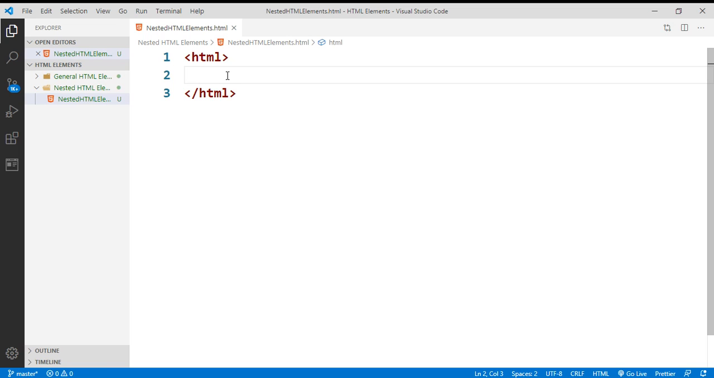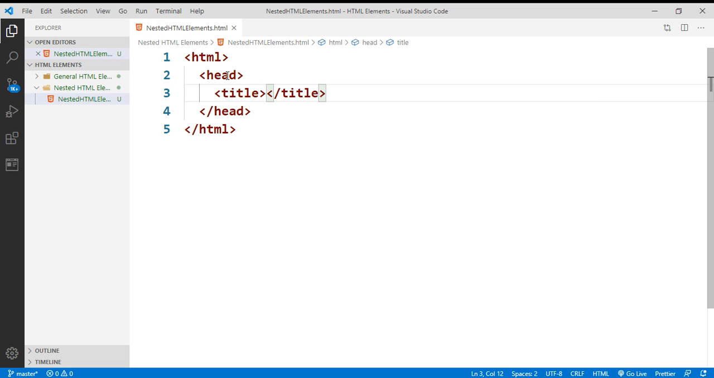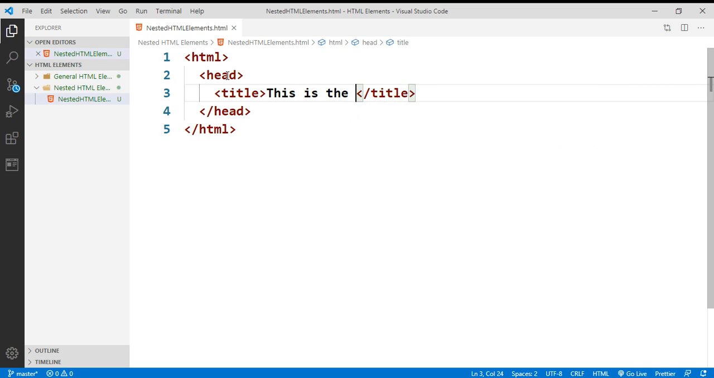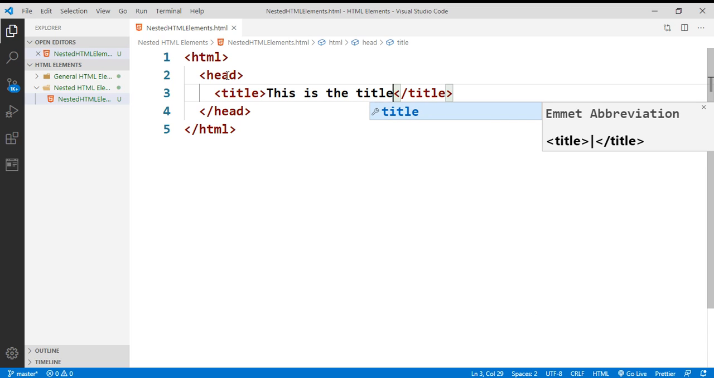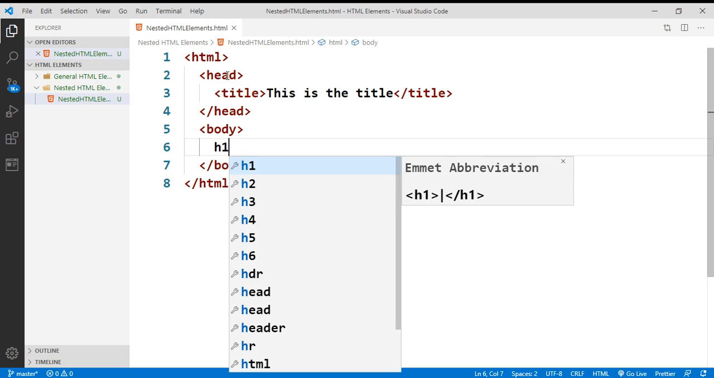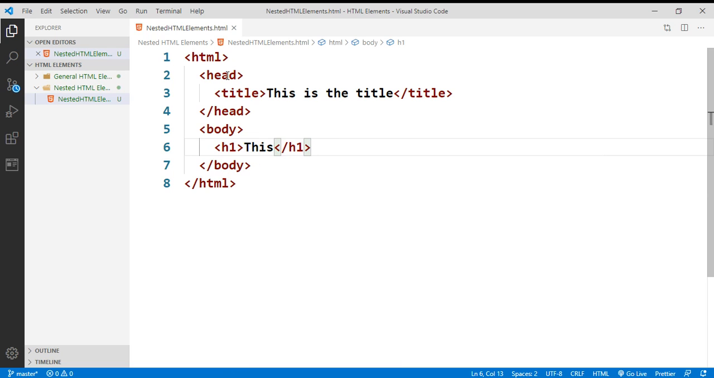Inside this HTML element we have the head element. Inside this head element we have the title element. This title element will have content like "This is the title". Immediately after closing the head element we have the body element. Inside this body element we have two other elements, called h1. This h1 element's content is "This is the heading",